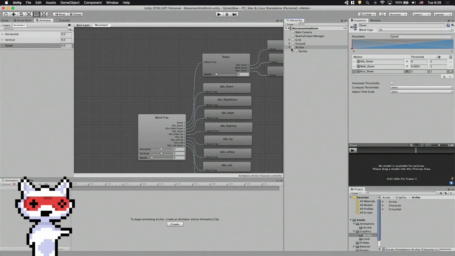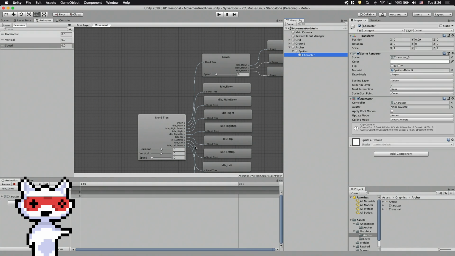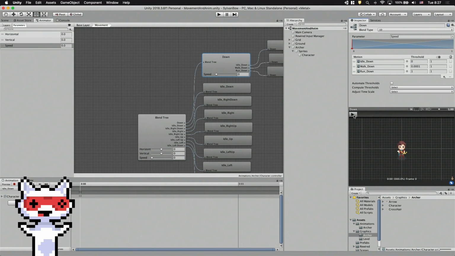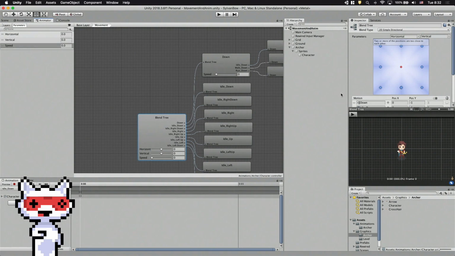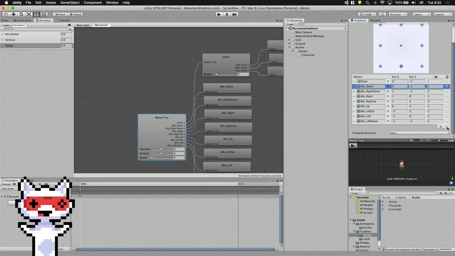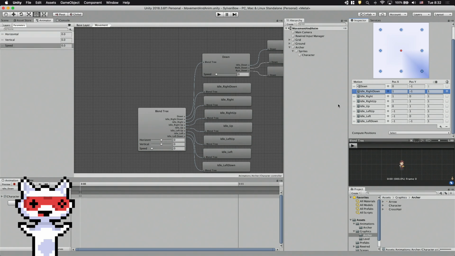Let's select the character game object and then the blend tree again to make the preview window work in the inspector. Now we can hit the play button and preview the transitions. Moving the red slider in the diagram, we can change the speed and see the blended animation. If I increase the speed from 0, then the archer starts walking immediately. Now we only need to remove the idle down motion field in the previous blend tree, and our animation will have these transitions in the down direction.